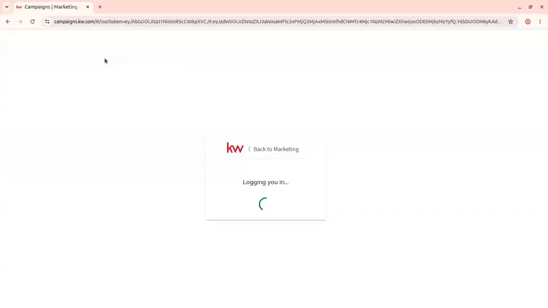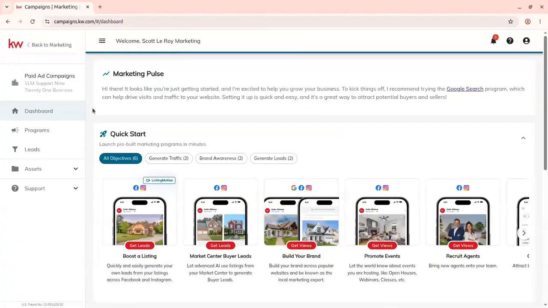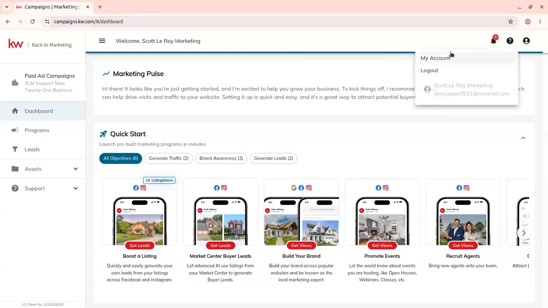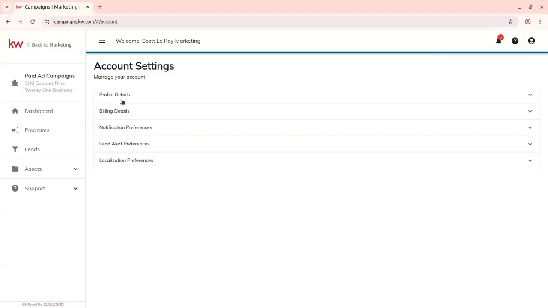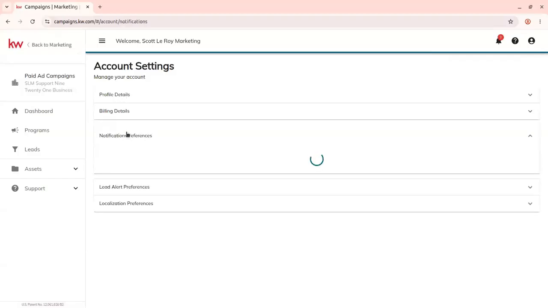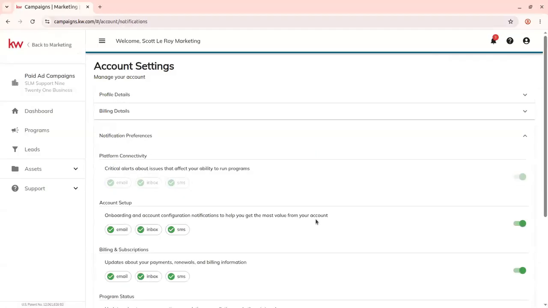Now, when we are in our paid ads, it's going to bring us to a separate screen for that. When we're in here, we're going to click this little person icon right here in the top right corner. Click on that and click My Account. Now, under there, you can click Notification Preferences, and you can see all of the